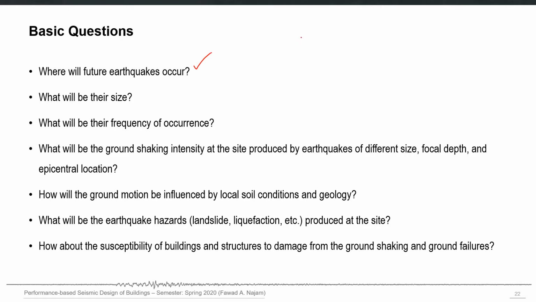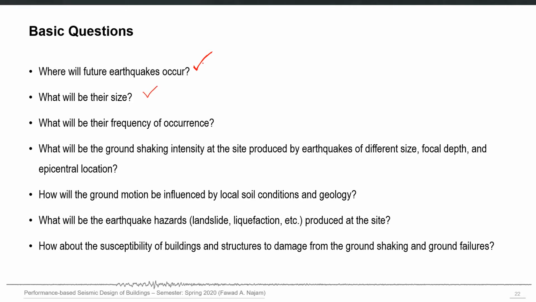We know now that earthquakes are mainly controlled by the interaction of different parts of land, whether it is converging, diverging, or the transform boundary. So we can tell in a probabilistic manner about the possibility of future earthquakes at certain locations. This is one of the biggest questions which needs to be answered for all important cities and locations around the globe. And we also need to have the second question answered, and that is: what will be their size?